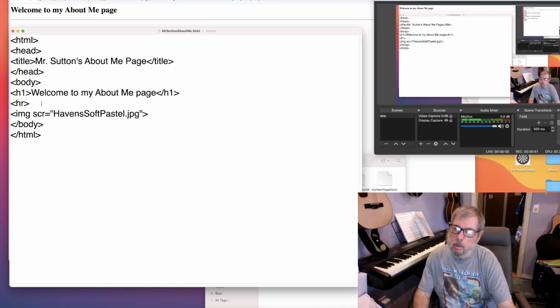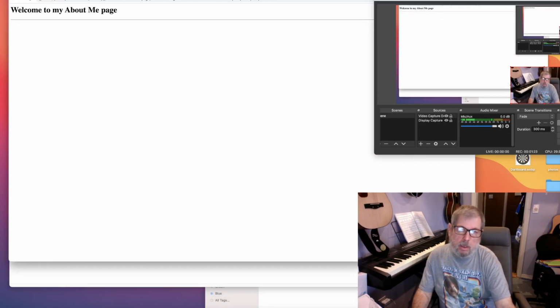Notice the HR tag didn't need to be closed, and by closing the tag here, I just meant I'm going to put the ending greater than sign at the end, right? Some people do close image tags, and it goes something like this. It's completely unnecessary in my view, but if you feel the need to do it, you're opening and closing it in the same tag. So let's save that, Control S, and let's see how that loads